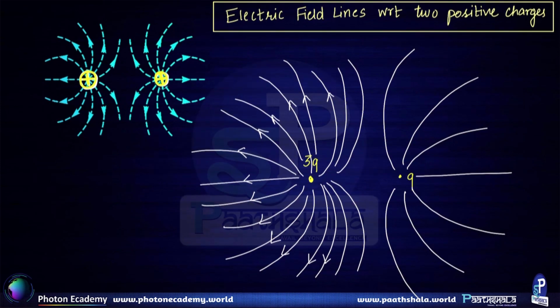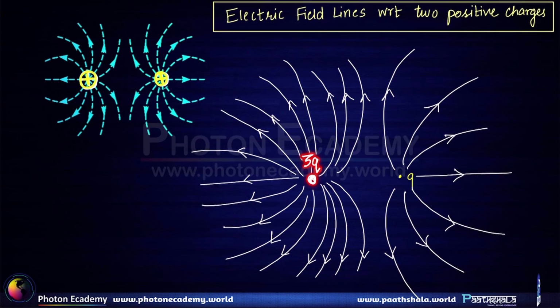So this is going to be the situation, and obviously no two electric field lines intersect because the electric field cannot have two different values at the same point, including two different directions. It cannot have that at the same point. So here this 3q point charge is present, and here this plus q point charge is present, and this is the configuration of the electric field lines if unequal charges are present.